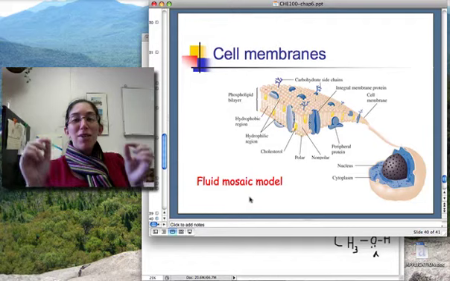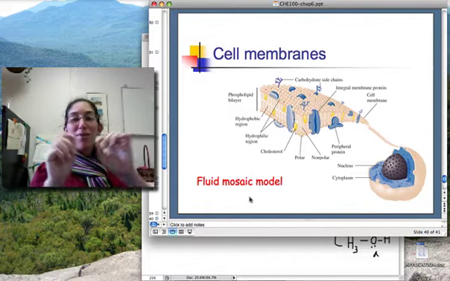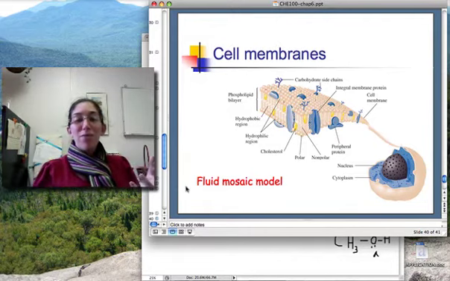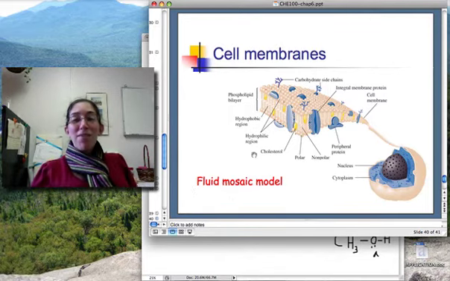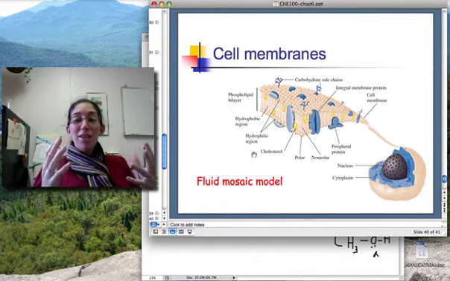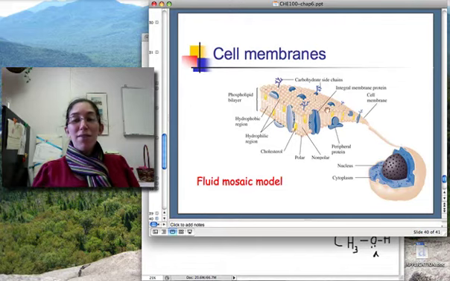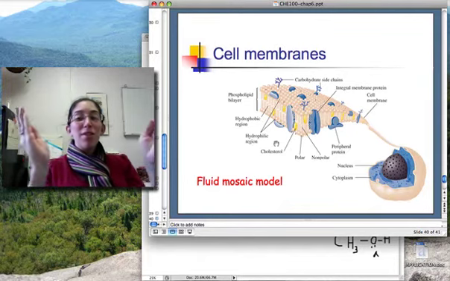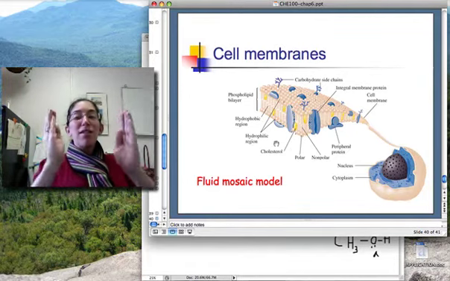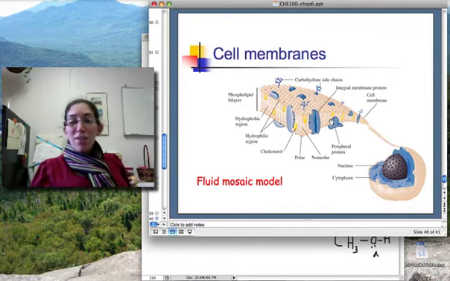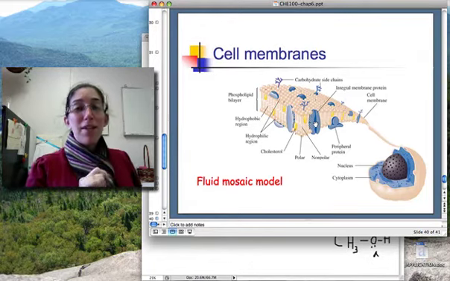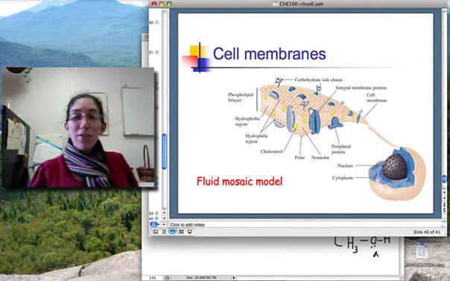So a mosaic is when you have a lot of different pieces of different things that are scattered together, and fluid means that it's flexible, it can move. And so the fact that we have these intermolecular forces allows for this miraculous fluid mosaic model of the cell membrane, which allows proteins and things to float through the membrane, and they're not physically, permanently embedded in those places. It allows us to do things like, for example, when you regulate your blood sugar, there's a transporter,